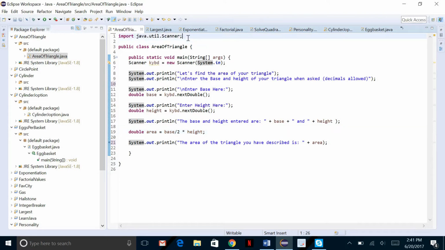So you want to first import what you're going to need to have a user input data, right? Because they're going to have to input for the program what the base and the height of their triangle is. So for that, we're going to need Scanner. And you'll get used to this. The more programs you do, you're going to need Scanner quite a lot, as long as someone's inputting information into the console, which is where I display my program. So we import, which means we need it. We get it from Java,